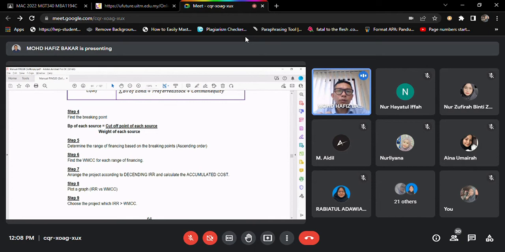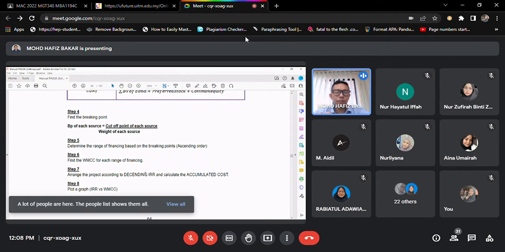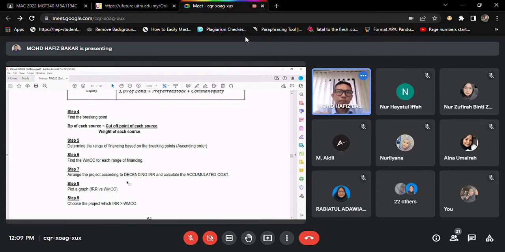So for each of the questions, they will provide you the internal rate of return. So you need to rearrange the internal rate of return for each project depending on the value, from the highest to the lowest, descending. Kalau tadi ascending, lowest to the highest; descending, highest to the lowest amount. And calculate the accumulated cost. Okay, based on that descending order, you need to calculate the cost and accumulate each of the